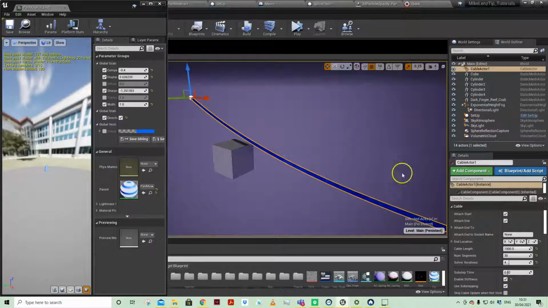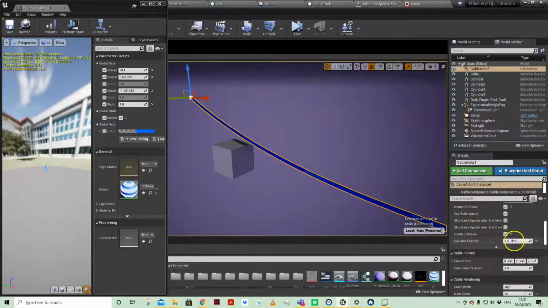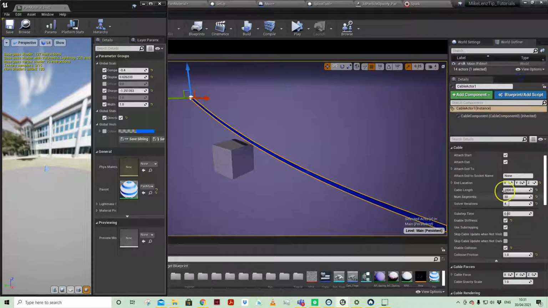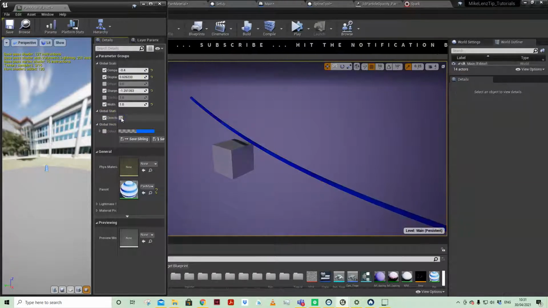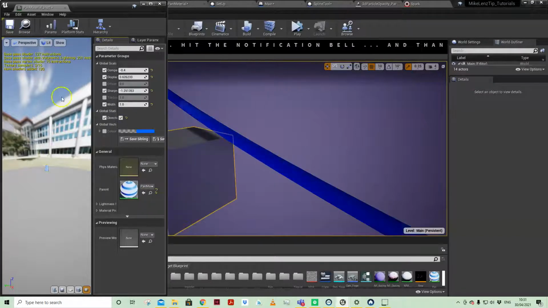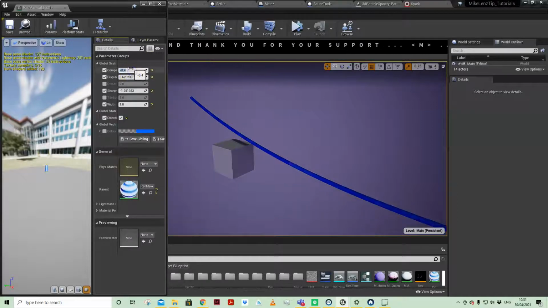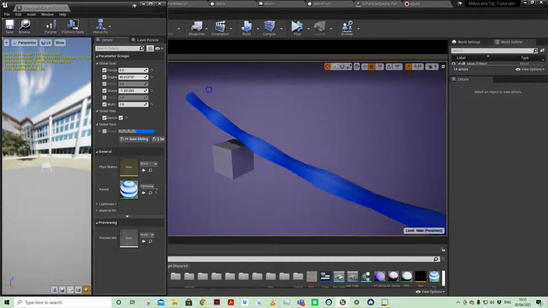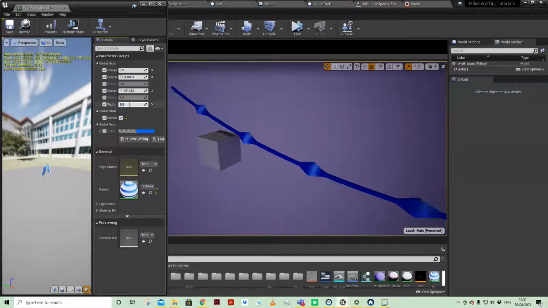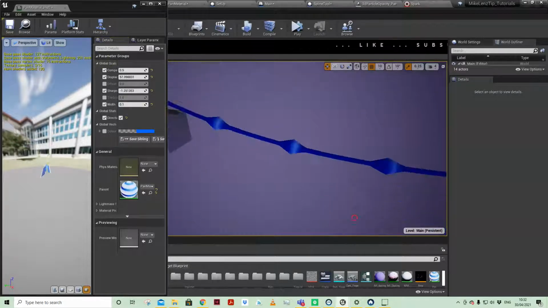So let's have a look at this cable actor. I'll do a video on cable actor and all the settings at another time, but as I say, the only difference being this directional change here. So you can see when I toggle that on and off, it's shifting. But obviously this is the effect we want. Now if I put the compare back to 0, it does displace, so you can displace. Again, it's not a huge amount of vertices in the cable actor,